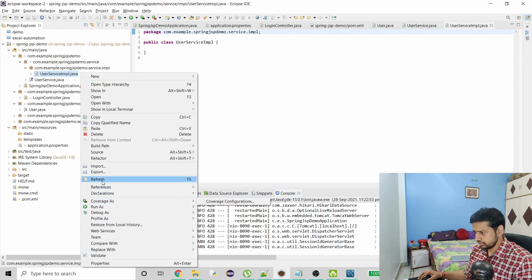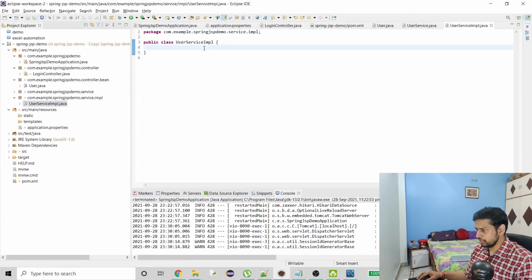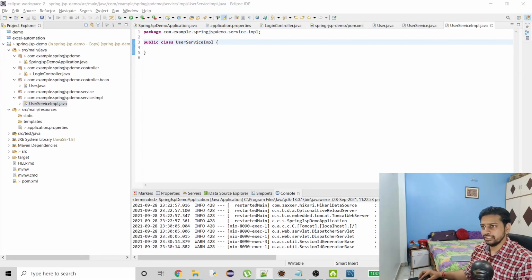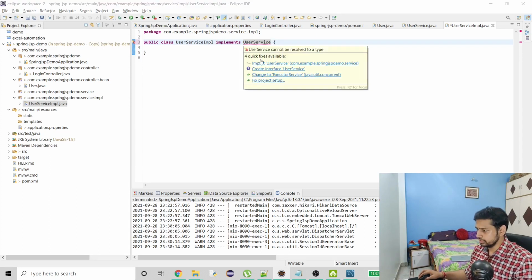Here I have to implement my interface, because that's why I created the interface. And that's why it is IMPL, right? Otherwise what's the purpose? So here I'll just do user service.